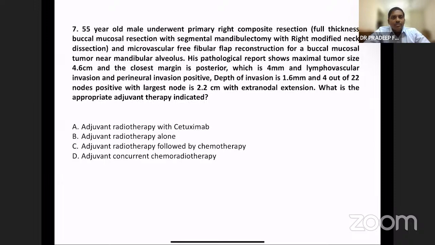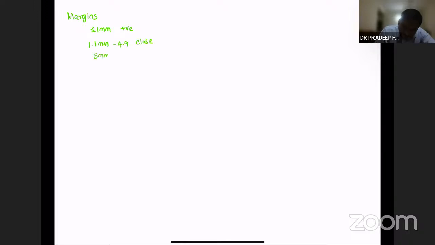What is the appropriate adjuvant therapy indicated? So we have read about the T staging. In this question, we will read about the nodal staging first, then we'll go in for indications for adjuvant treatment after oral cavity cancer surgeries. So we know the margins, right? Margins less than or equal to 1 mm is positive. 1.1 to 4.9 is close. 5 mm or more is negative. This is regarding margin. With regard to the nodal staging,